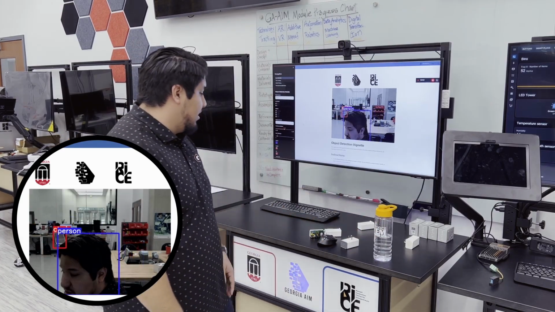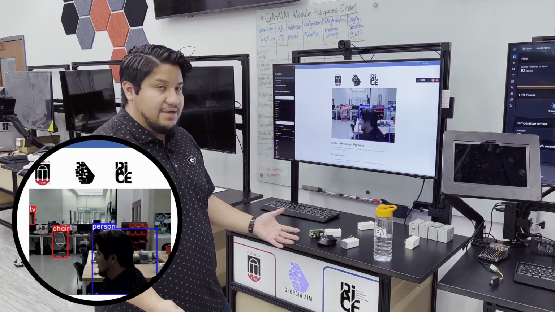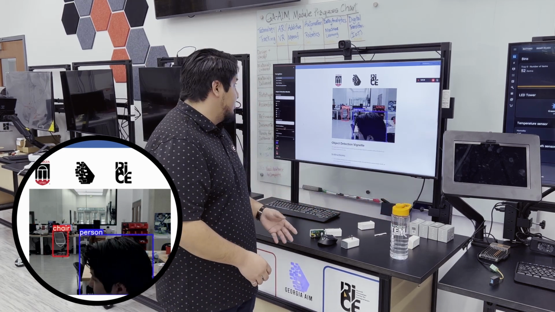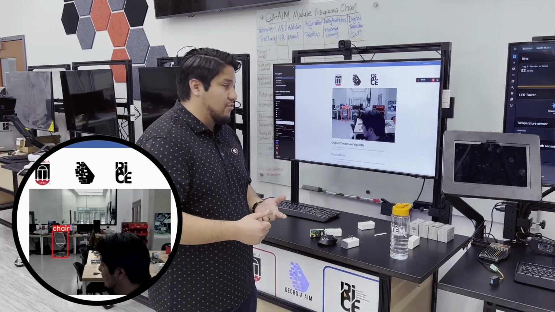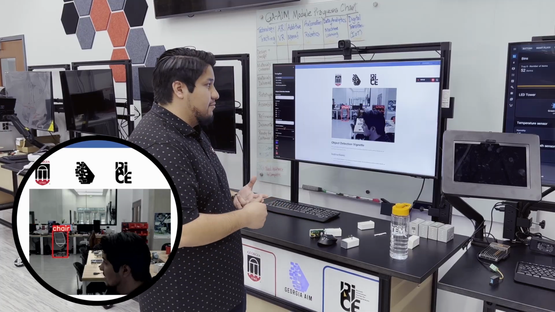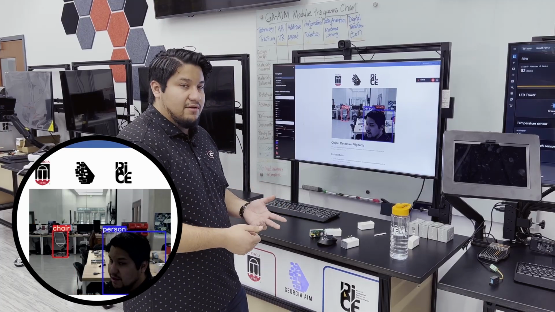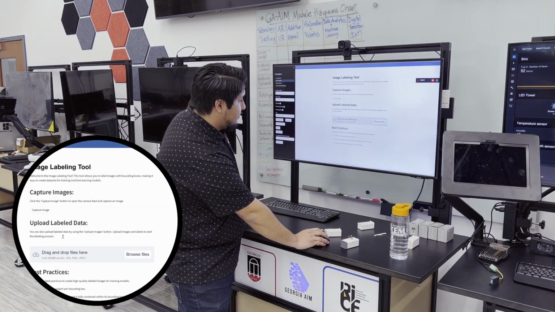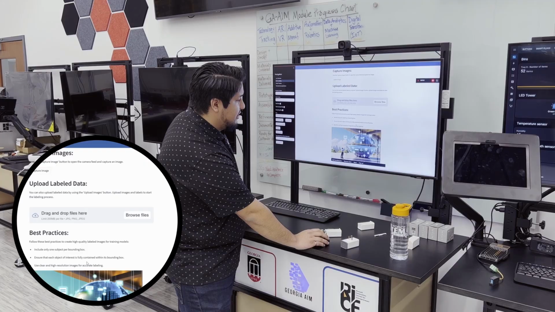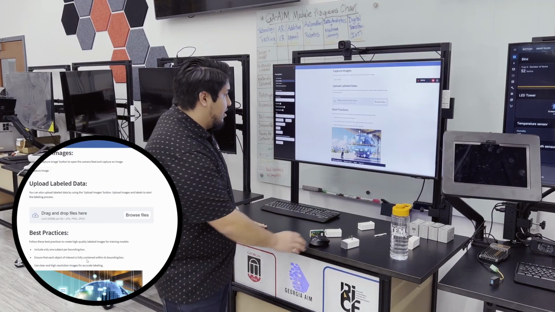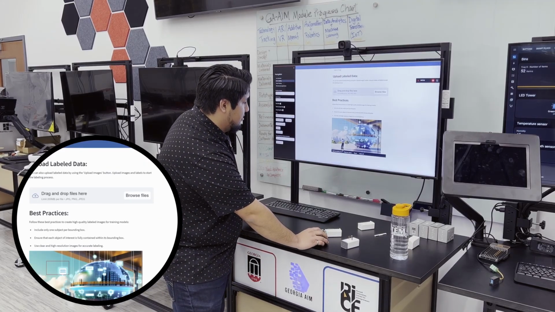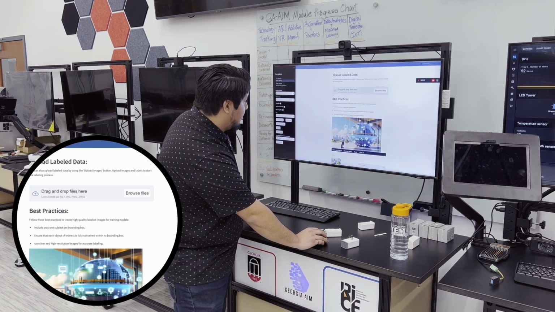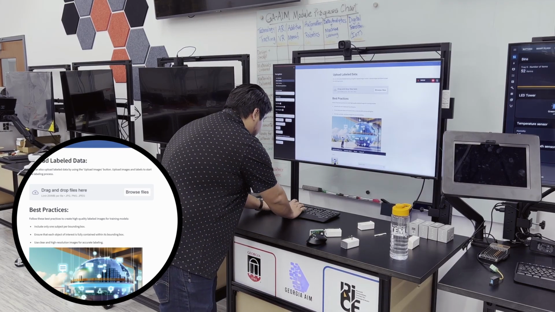Additionally, you can also train specialized models to recognize certain pieces in your environment. That usually consists of a labeling step to label the object that you want to recognize, and then training your model on a couple of different examples of those images. For example, if I wanted to label this image here, I would have to draw a boundary box around this person and let the system know that this is a person. So I can draw the box, label it person,